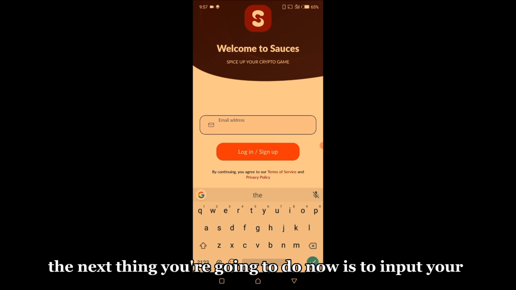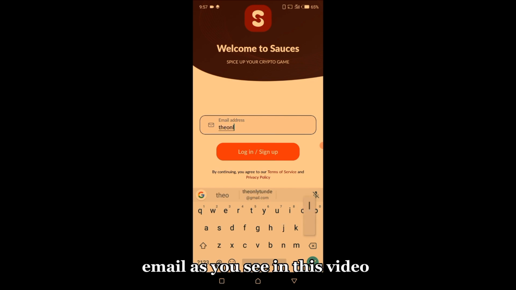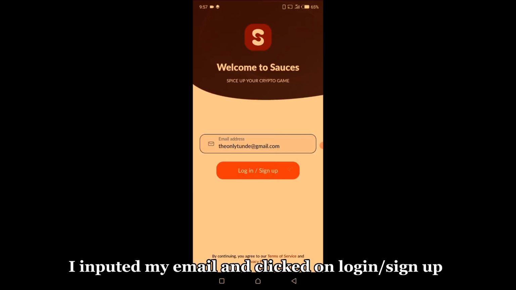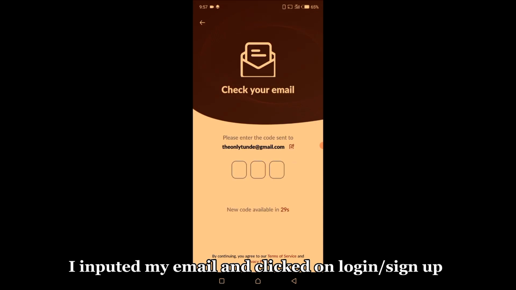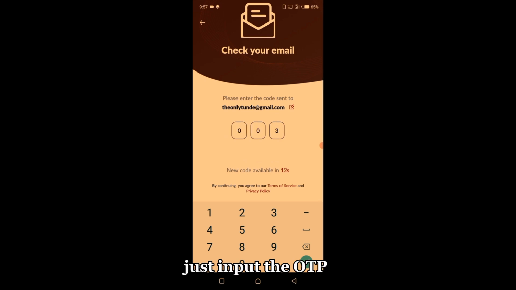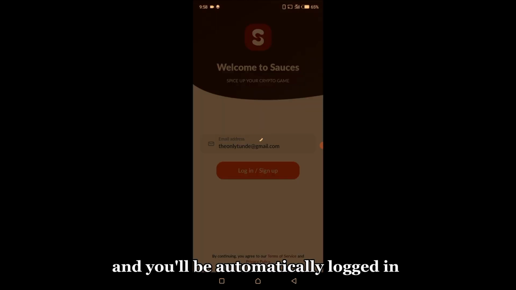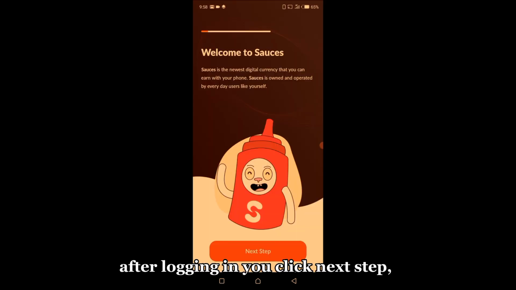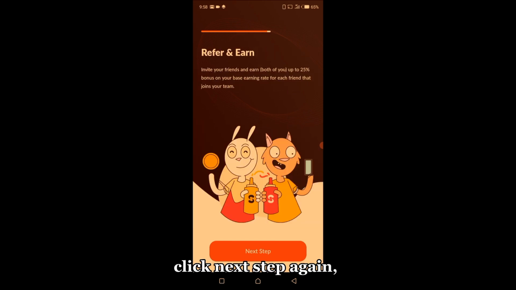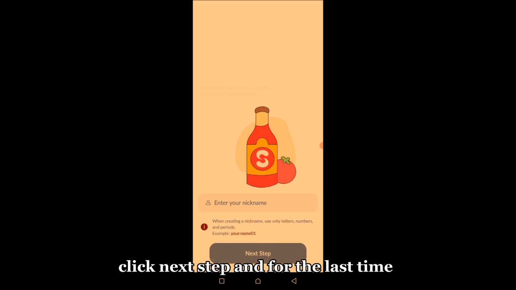Now, the next thing you are going to do is to input your email. As you see in this video, I inputted my email and clicked on login/sign up. After that, an OTP will be sent to your email. Just input the OTP and you'll be automatically logged in. After logging in, you click next step, click next step again, click next step, and for the last time, click